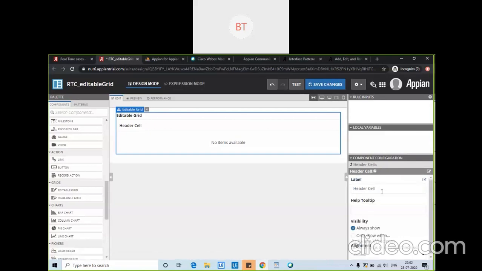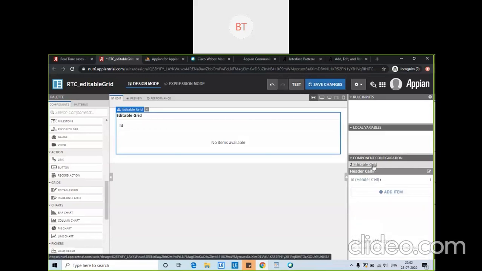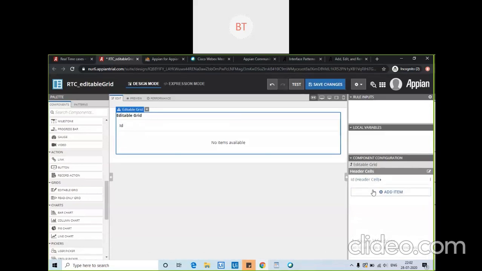So see here, like this we have ID, right? For now just keep it ID. So we need 2 more header cells because we have 3 columns, right?